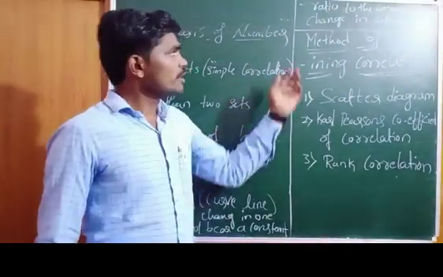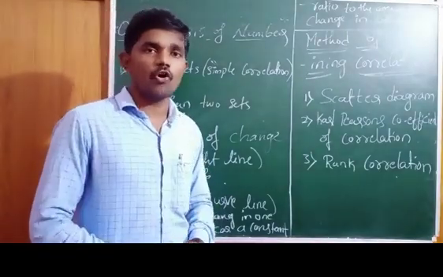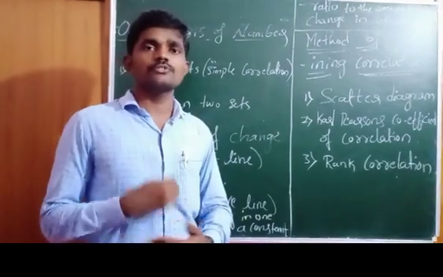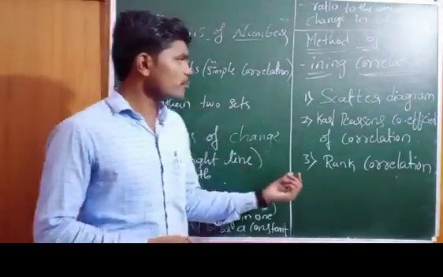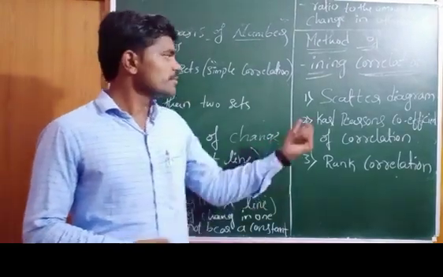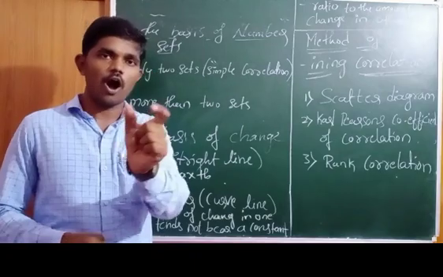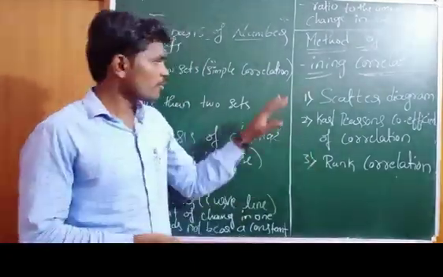And the next one, the methods of determining correlation. How can we determine the correlation? In this, there are three. First, using the scatter diagram. The second, Karl Pearson's coefficient of correlation, denoted by r. And the last, the third one, rank correlation. More information we can